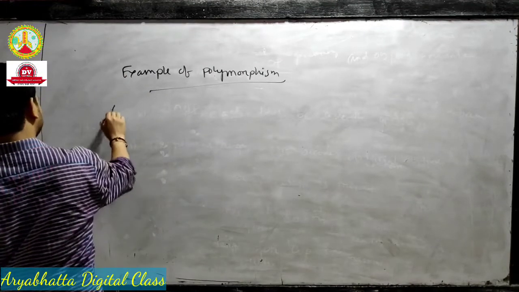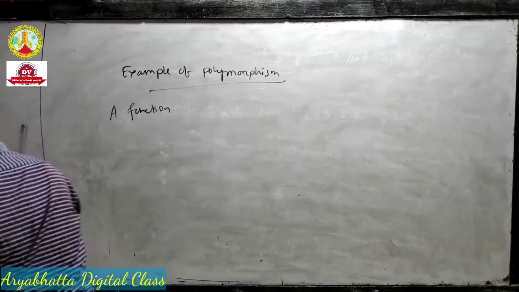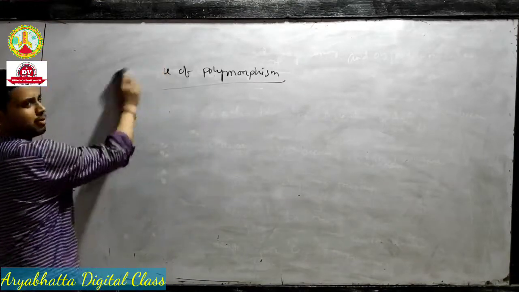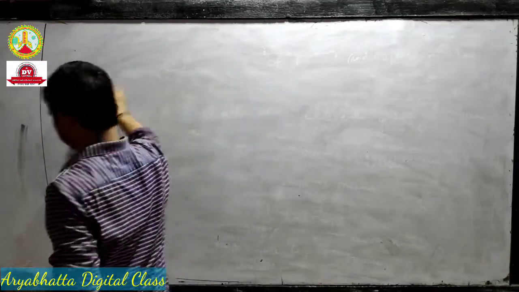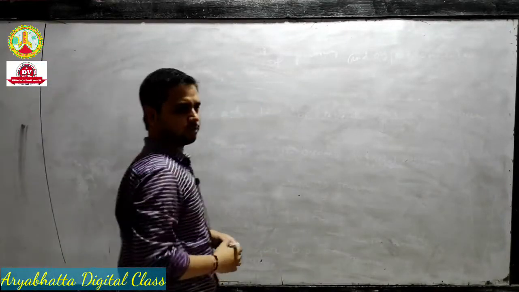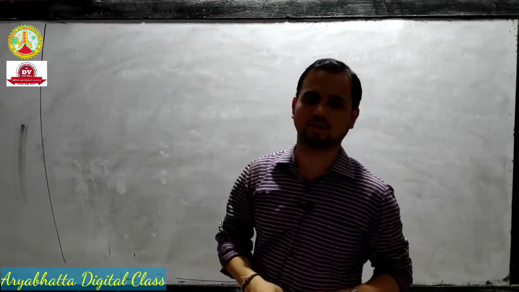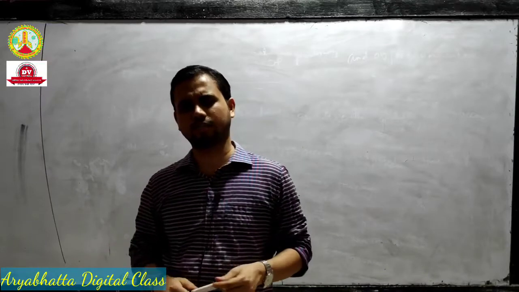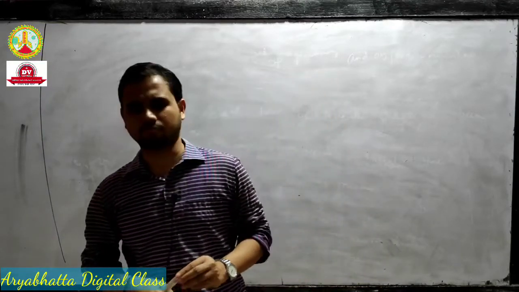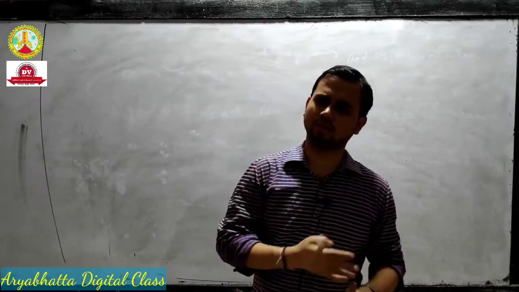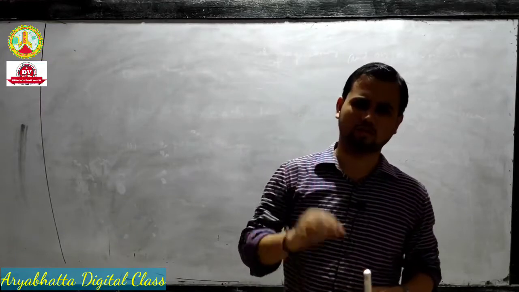Function overloading is the main concept of polymorphism. We discuss function overloading in the next chapter, chapter 3; function overloading is the actual main example of polymorphism. We discuss it in the next class, and chapter 2 is completed. This was only a theory class, a very short chapter.